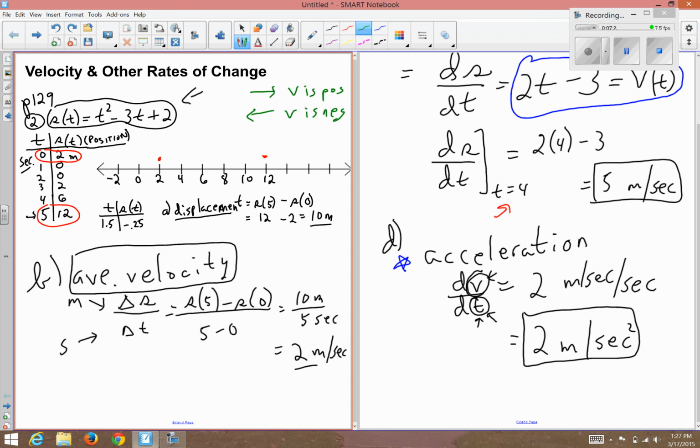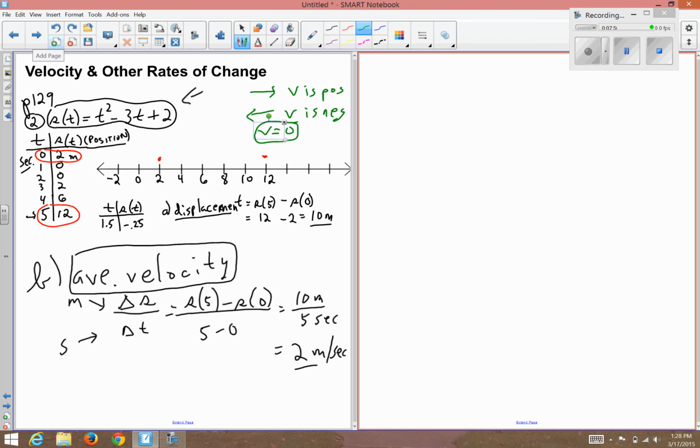So a particle moving on a line like this will change direction when the velocity is 0. So when the velocity is 0, that means the particle that's moving along here is stopping. It's stopping for an instant so that it can change direction. So if it's going right, it can stop and then go left, or vice versa. So part E,